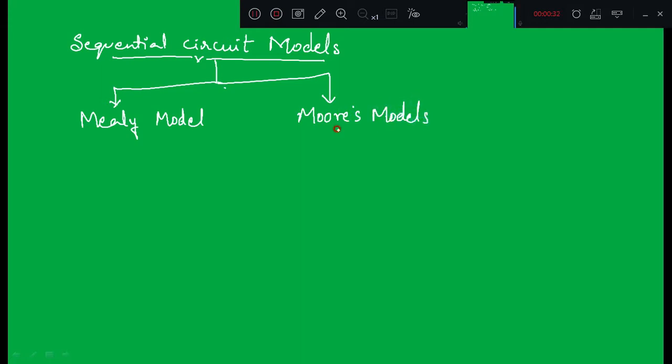These are nothing but the graphs which we are going to generate using the sequential circuits, right? Even in the exam they will ask you to design a sequential circuit and design a particular model for that circuit. Or instead they may give the sequential circuit itself and ask you to design a particular model, right? The design part we will see later. First we will discuss the basics of these sequential circuit models with the help of a block diagram.